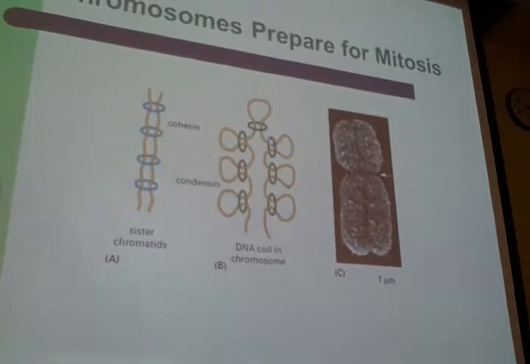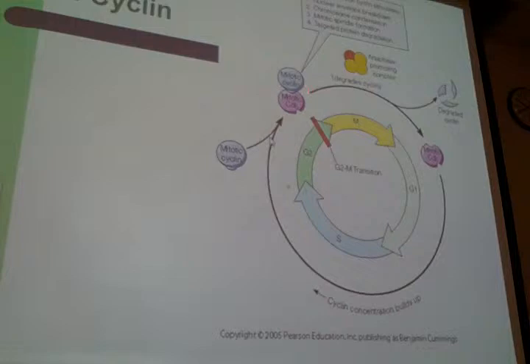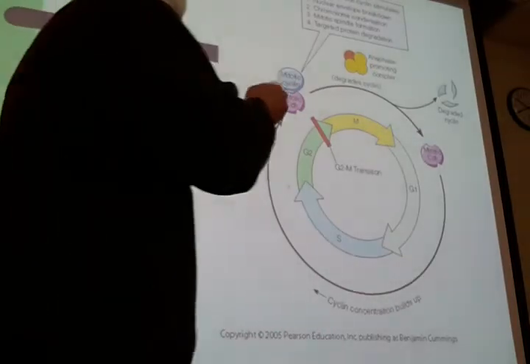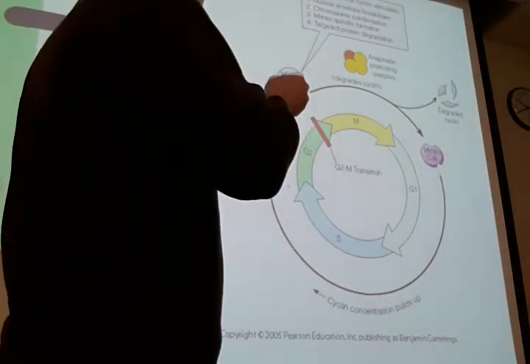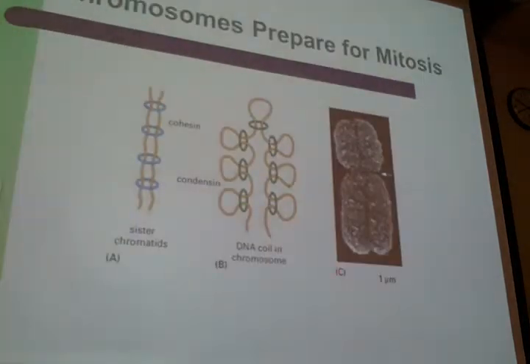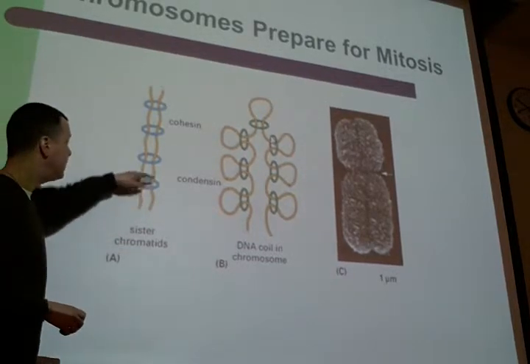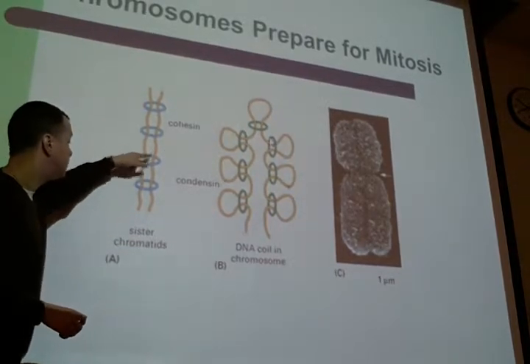Okay, so let's at least get into the beginnings of M phase. The cell has made the decision, everything's okay for the transition from G2 into M. So one of the early things that the mitotic cyclin CDK is going to do is to start the chromosomes condensing, and that's part of what's being shown here. So as the cells had gone through S phase and copied their DNA, the sister chromatids,